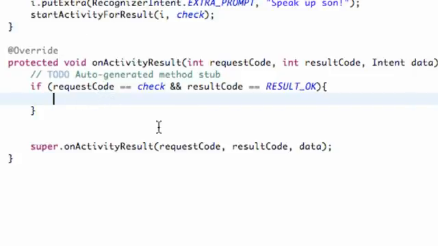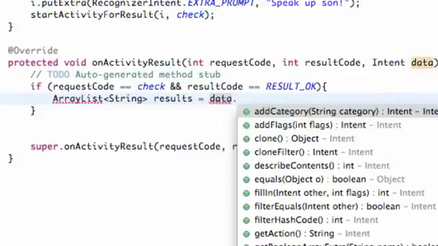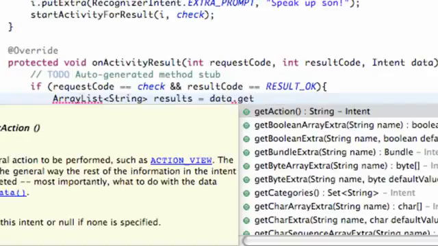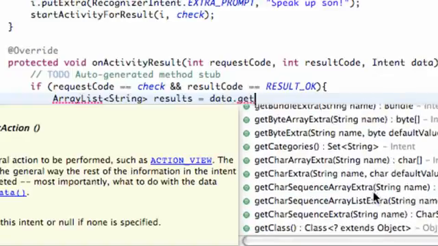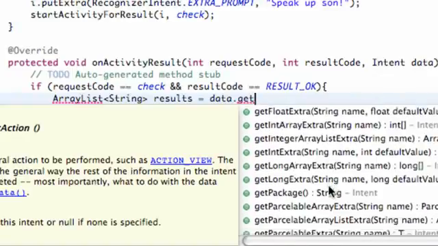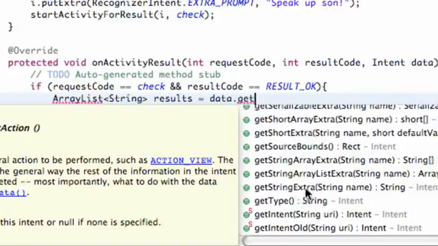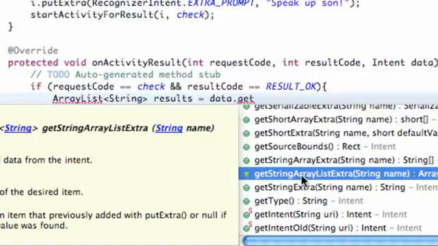And what we're going to do is collect the data from our activity result, and we're going to do that through an ArrayList of the type String. We're going to say results is equal to the data, which again is the intent that's being passed in. We're just going to say dot get, and we have a lot of options. We can say like get string or something. We can say getStringExtra, but since we're setting up a list array,